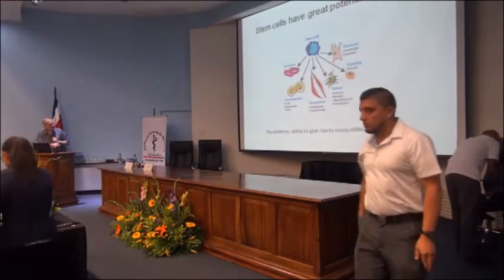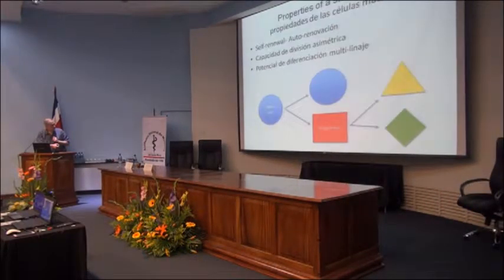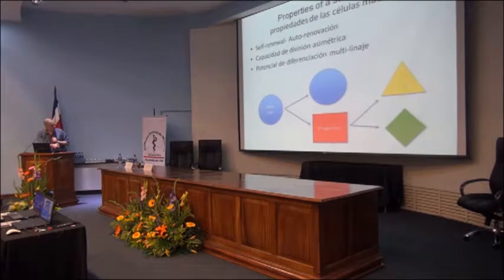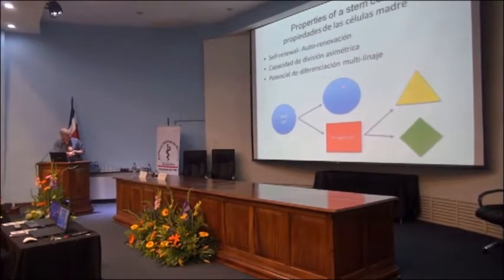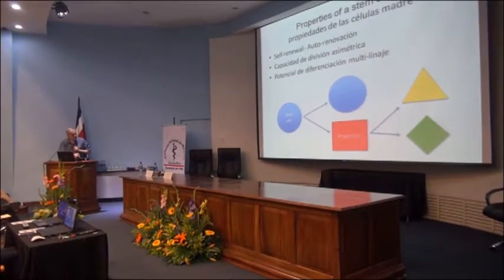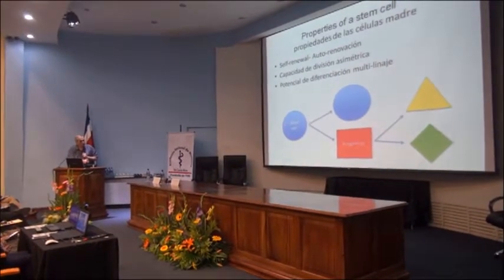A cell that can give rise to itself, it can self-renew, auto-renovation, but it can also divide in an asymmetric fashion. In an asymmetric fashion, it can become different types of cells, and it can give rise to cells of multiple lineages. Now, a stem cell can be a very primordial stem cell, an embryonic stem cell, the